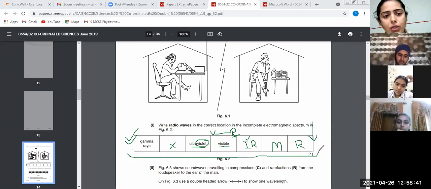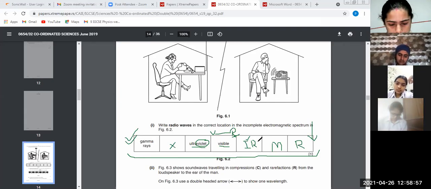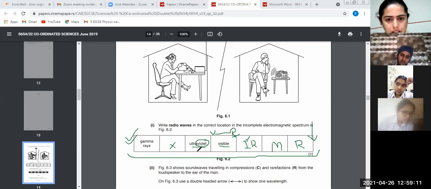And you should also know which side it is increasing and which side it is decreasing. Both sides there is an increase. One side there is an increase of frequency, and the other side there is an increase of wavelength. Okay? So do the table well. It's in your book. Let's write it down. Just a minute. I will write over here only. It is RMI, visible, then UV, then X, then gamma. Okay?